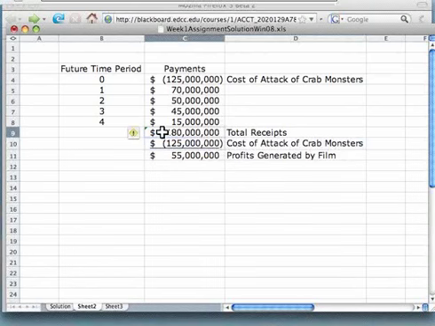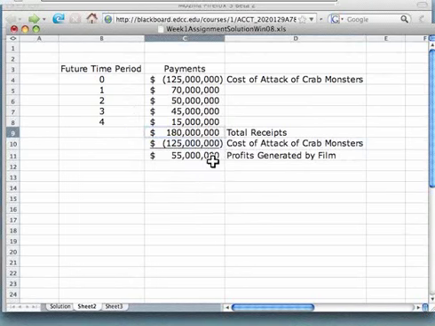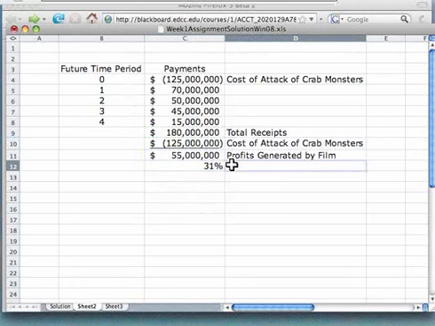Okay, now nothing wrong with that calculation, except that for the profit generated by the film and any return on investment or profit margin that I want to calculate, 55 divided by the 180, I'll convert that to a percentage there. That 31% that I show as return on investment